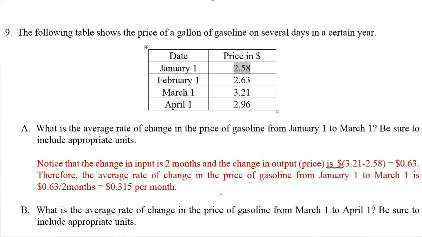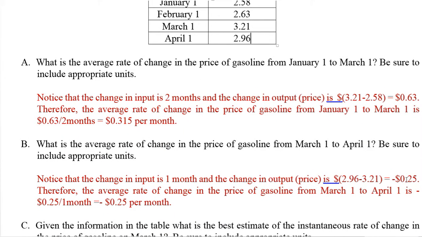What is the average rate of change in the price of gasoline from March 1 to April 1? Okay, so now we're using these 2 points to do a slope. Again, this is a difference in months of, well, this time just 1 month. And we do the final minus the initial here. So 2.96 minus 3.21 is negative 0.25, so it went down a quarter in that particular month. And so the average rate of change is